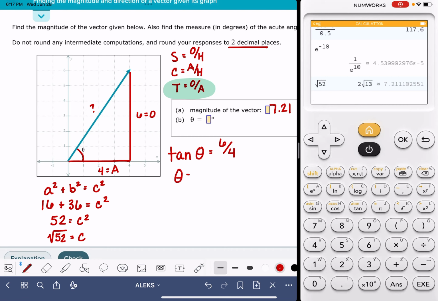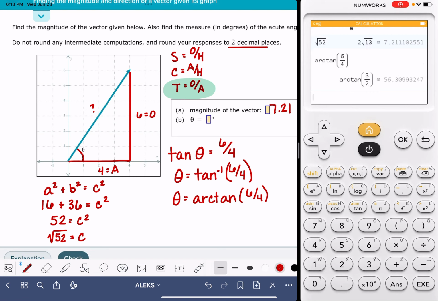To solve for theta, we're going to take the inverse tan or the arctan of 6 over 4. That in your calculator could be the tangent to the -1 button. It could be the arctan button. Both of those represent the same thing. Or on my calculator, it just says atan, not even arctan. So we're going to go to my calculator, pull up my button says atan, but when I click on it, it says arctan 6 over 4. And that is, our theta is